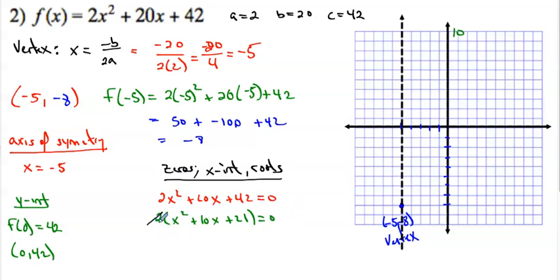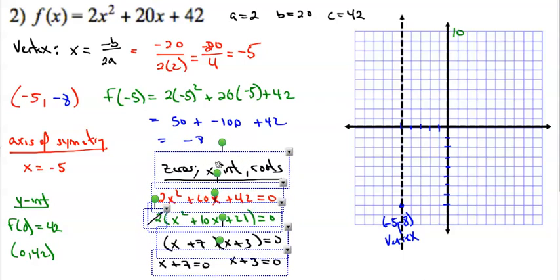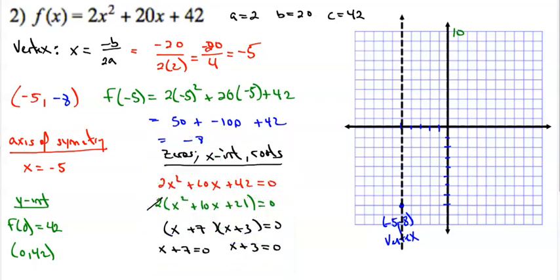So now I'm going to factor this, and this 2 is not going to affect my roots at all. So now I need the factors of 21 to add up to 10, right? And nicely, x plus 7 and x plus 3. 3 times 7 is 21, and positive 3 and positive 7 adds up to 10. Set each one of these equal to 0. Let me just do this a little bit and bring this up. And now I get x is equal to negative 7, and x is equal to negative 3,